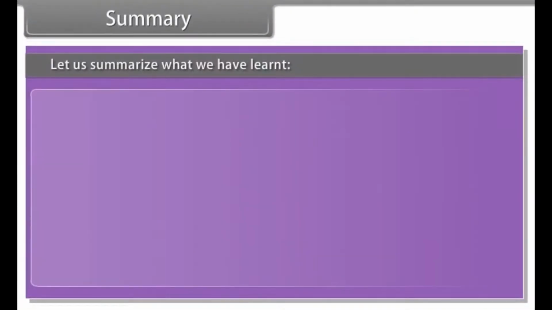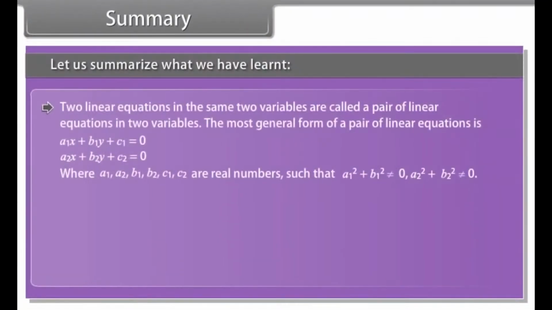Summary. Let us summarize what we have learned. Two linear equations in the same two variables are called a pair of linear equations in two variables. The most general form of a pair of linear equations is a1x plus b1y plus c1 is equal to 0, a2x plus b2y plus c2 is equal to 0, where a1, a2, b1, b2, c1, c2 are real numbers such